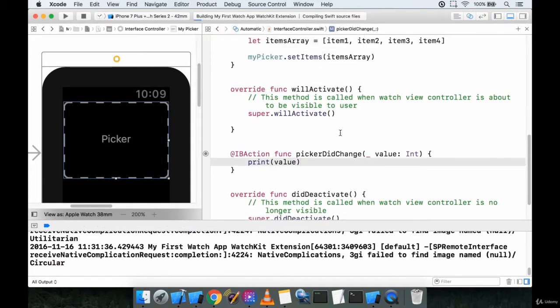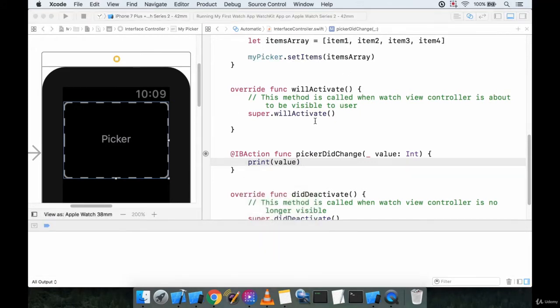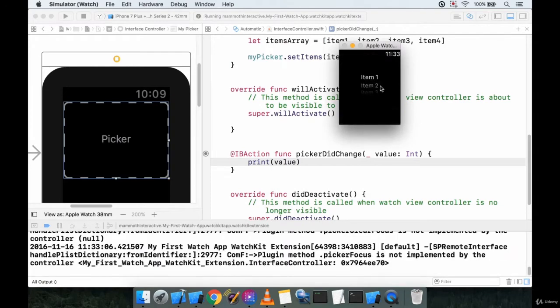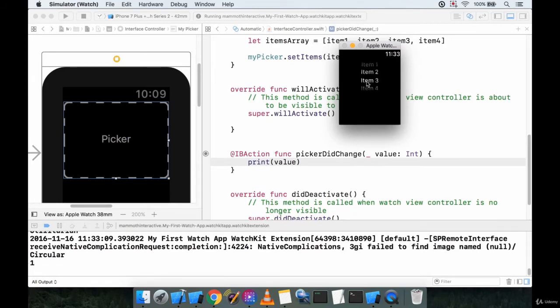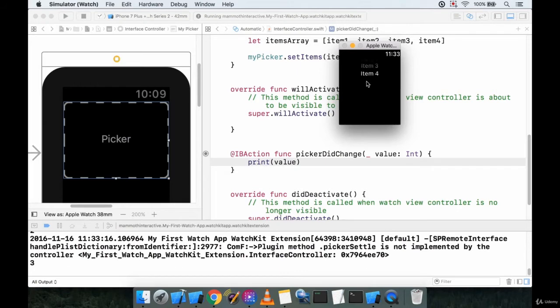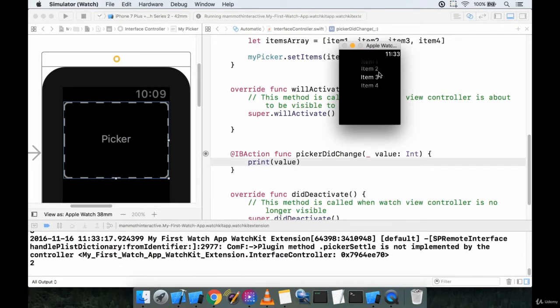Okay, and this way we'll be able to tell which item is currently selected through the picker. And value, we will see that it's just going to show us an integer. So what's the integer? Well, as we'll see in a second, it's basically the index of the item. So right now we have item 1 selected. If I scroll down, so 1, 2, 3, and then if I scroll up again, so now I'm on item